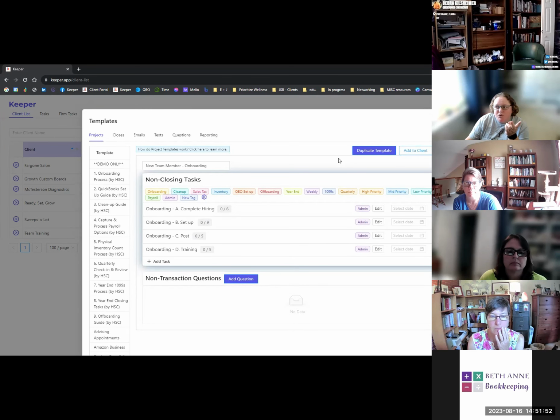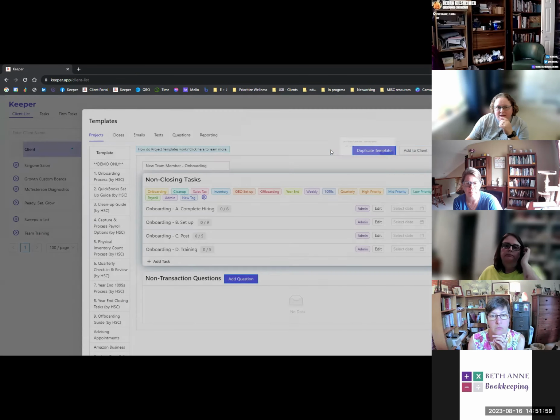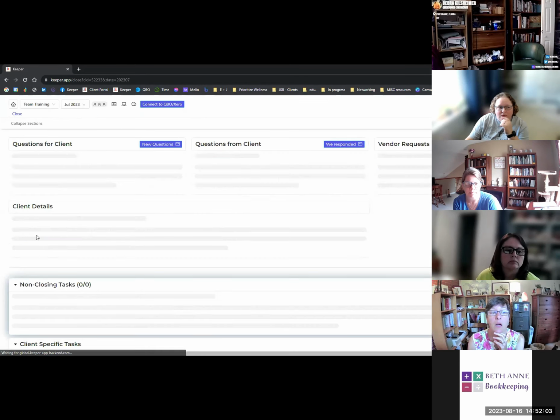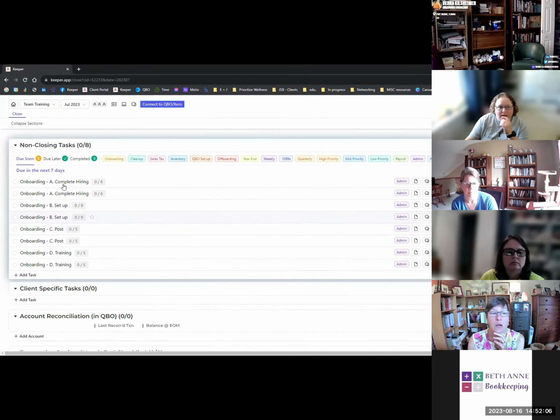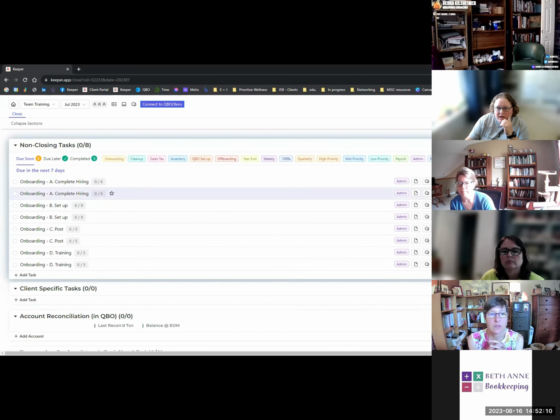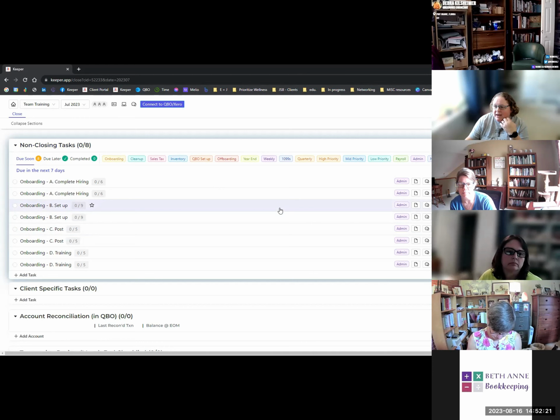So let's say I have 2 people going through it at the same time. Because this is a project template, I can add it twice, and it should give me double on here. Yep. So I can come in here and assign this to Jane, assign this one to Sam, and so on and so forth. So I've got them both in here, and they each have tasks they have to do. So that is another way to work around the training,